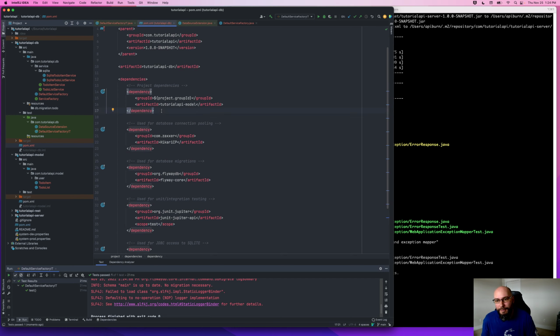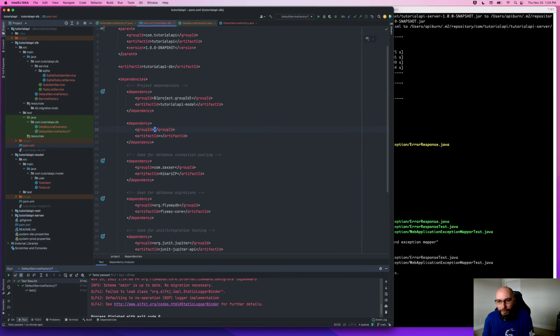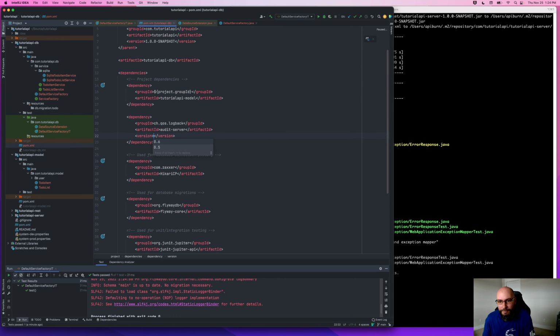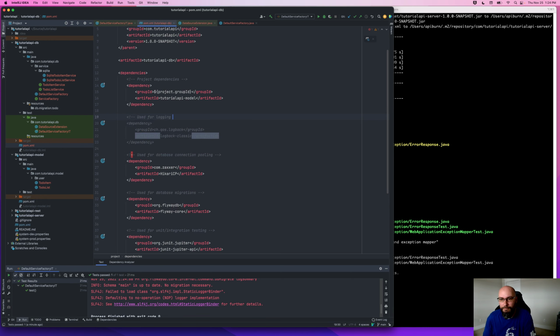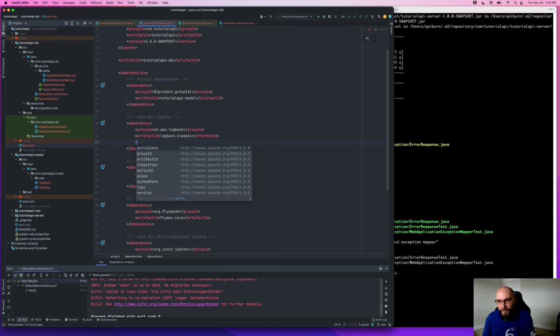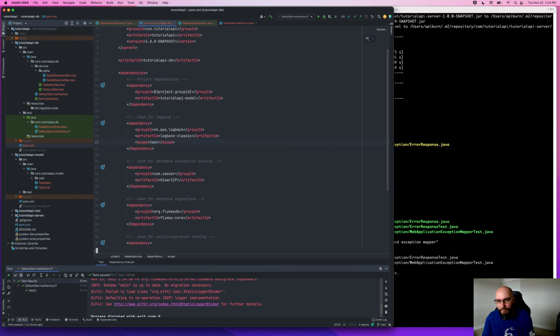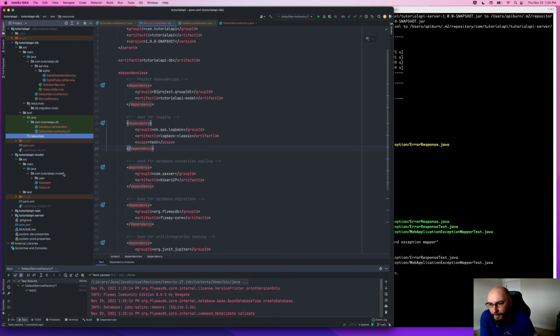So let's add our logback, not audit server, we want logback classic, and we don't need a version. And we're only using this in test scope. So I'll add that, so that way we get logging during our test, but this dependency isn't required outside of tests. So now if I run this again, I didn't add, let me go ahead and add a